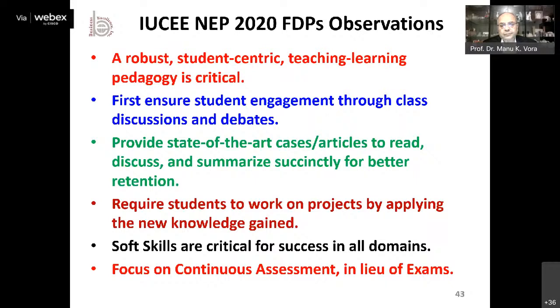So here are some of the observations from those FDPs which have been delivered over the last 1 year. A robust student-centering teaching and learning pedagogy is very critical. And we need to ensure that the students are engaged through the class discussion and debates, make them interested in the topics, provide state-of-the-art cases and articles to read, discuss, and summarize in a simple and succinct way so that they can have a better retention,